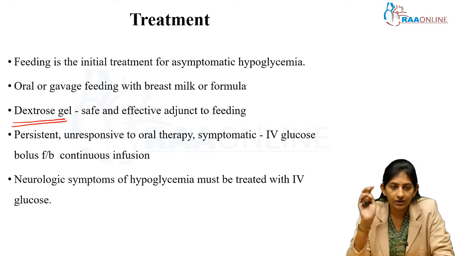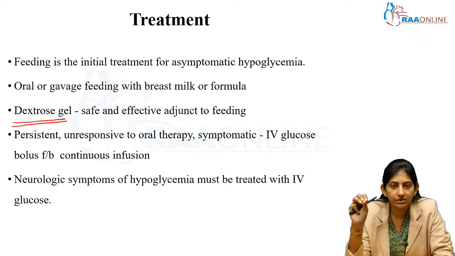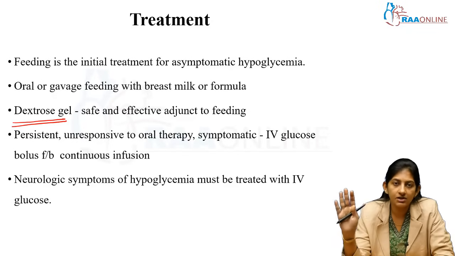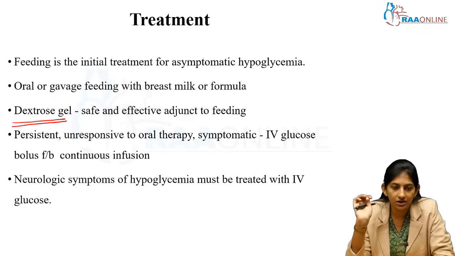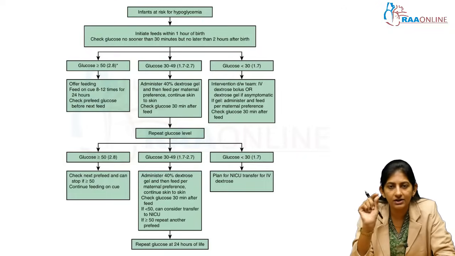This is a newer concept. Feeding, of course, depends on the clinical scenario at that time. Always establish a feed. If the baby is not able to feed, put a nasogastric tube and give breast milk, or if breast milk is not available, give formula. And next is IV glucose. If the baby is symptomatic or not responsive to the oral feeds, only then you have to start IV glucose. Initially, we start with a bolus of 10% dextrose, and after giving the bolus, your next step is to start the glucose infusion rate and keep monitoring the blood glucose levels. This is from the Nelson textbook, and more or less it is similar to what we practice, just a little bit of the values have changed.